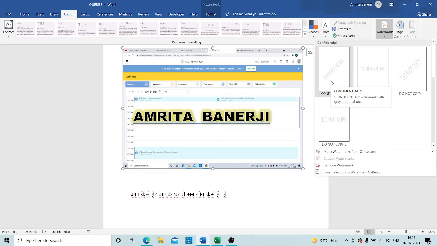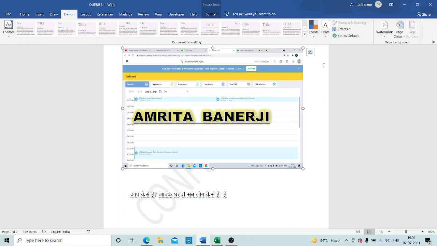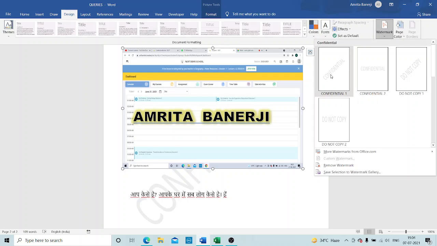See here, see this, confidential is written in very light. That means if any text is written over this, it will not make that text invisible. You can write it diagonally, or you can write it straight. So children, you can even add a watermark to the document which you are preparing in Word. Suppose children, I am using this option. Now over here I will have to customize it. Suppose children, I need to select this